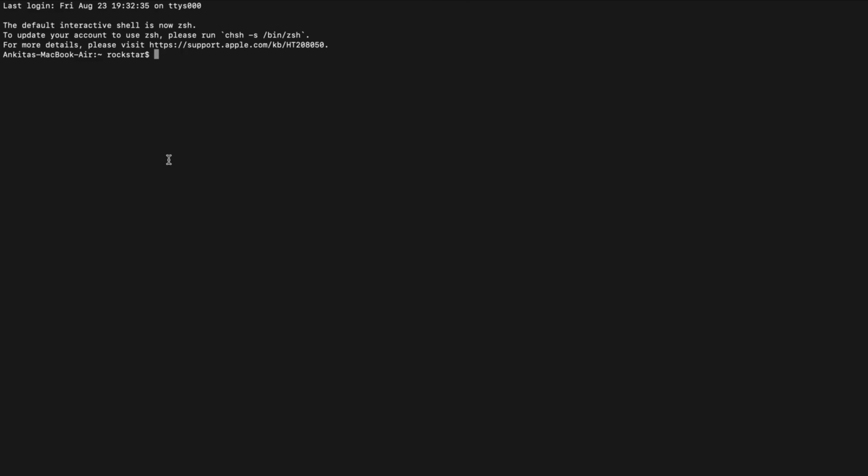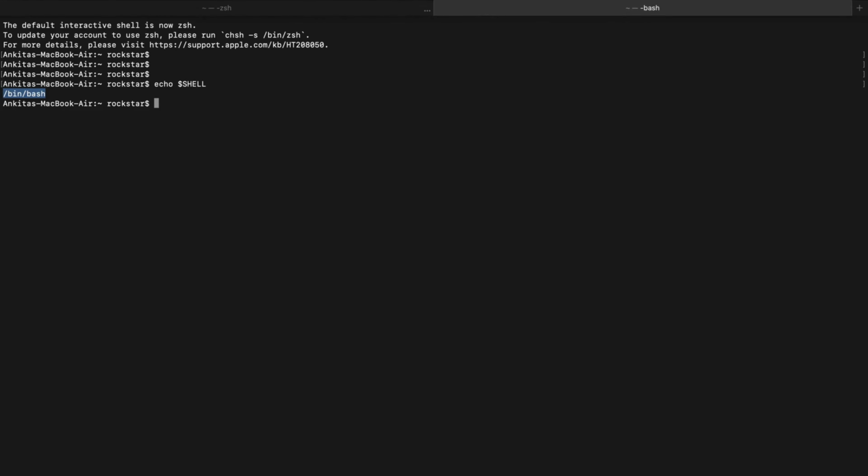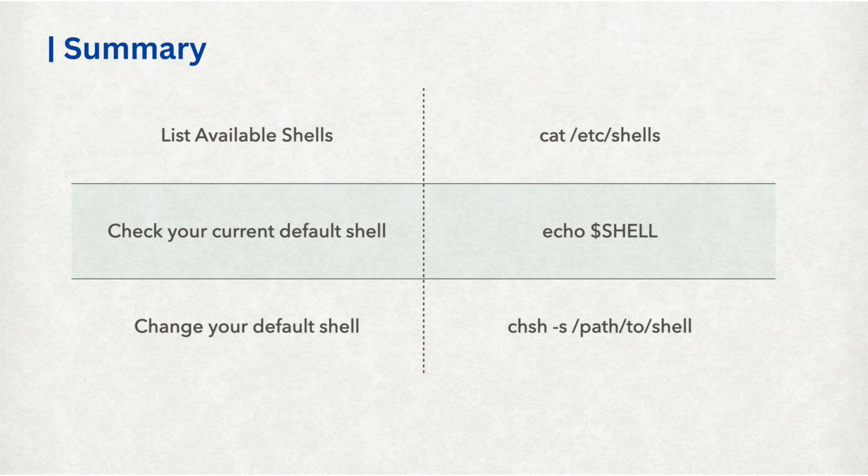Open a new tab or log out and log back in, then check your default shell. You have now successfully changed your default shell. Whether you prefer bash, zsh, or any other type of shell, you can switch between shells depending on your preferences